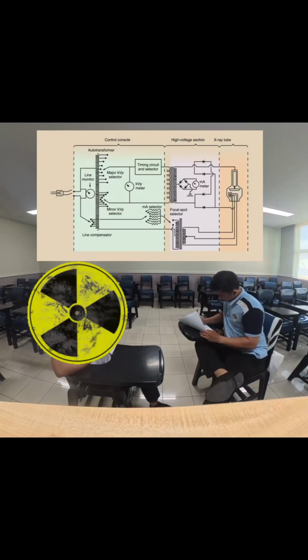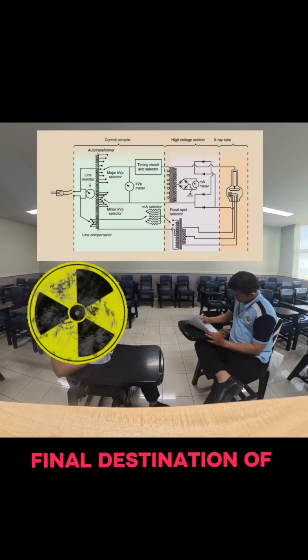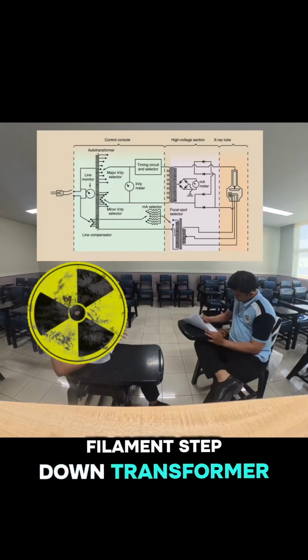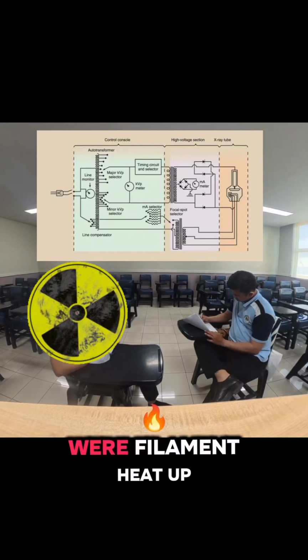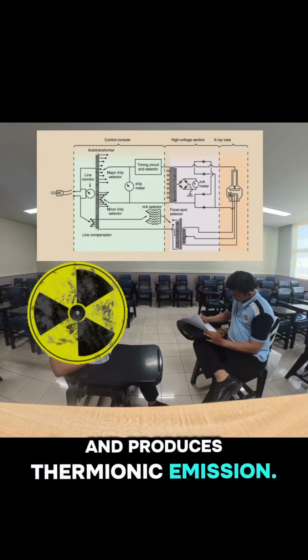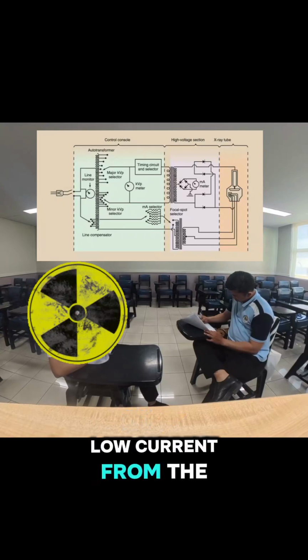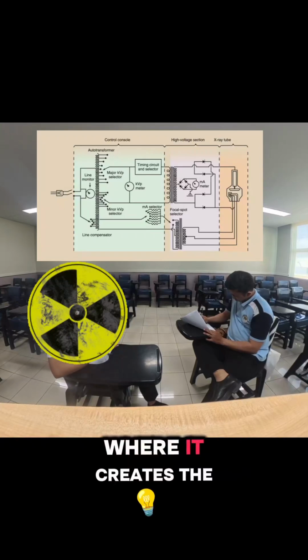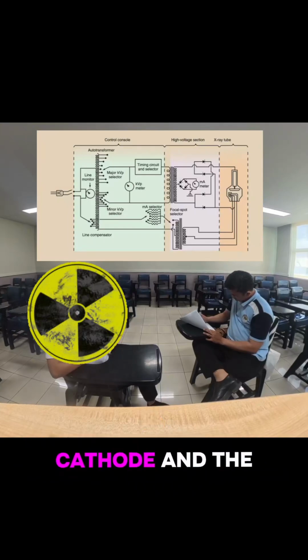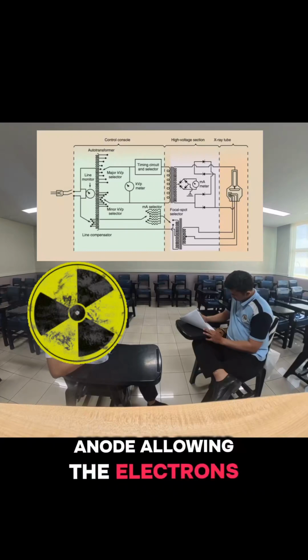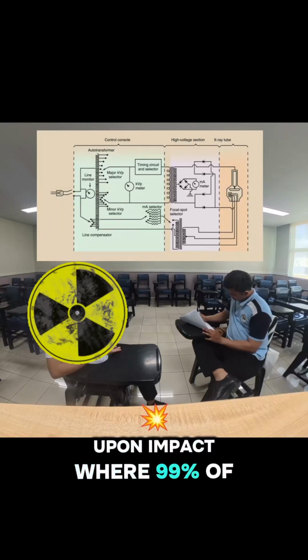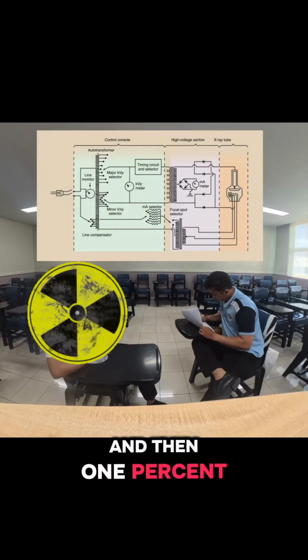In the X-ray tube, which is the final destination of the circuit flow, the low voltage, high current from the filament step-down transformer goes to the cathode, the filament, where the filament heats up and produces thermionic emission. The high voltage, low current from the step-up transformer is brought to the anode side, where it creates a strong potential difference between the cathode and the anode, allowing the electrons to be accelerated to the anode target, hence producing X-rays upon impact, where 99% is converted into heat and 1% is converted into